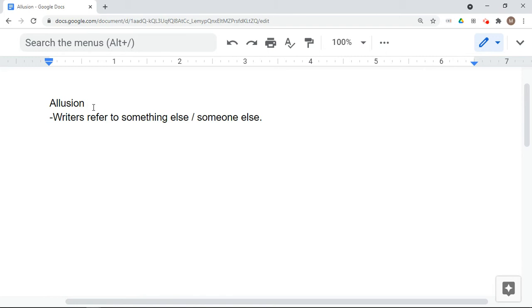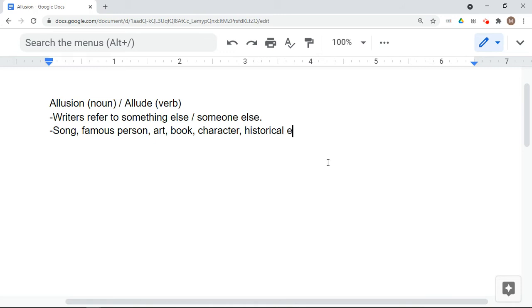So allusion represents the noun. If I change the suffix and I want to make it a verb, I make the word allude. When you allude to something else, you are referring to something or someone else. Again, it could be anything from a song. You can allude to a famous person. You can refer to a work of art, any type of art. You can be referring to a book, a character, some sort of historical event. You can be referring to the Bible, or anything from mythology. It can be a comic book, a video game,